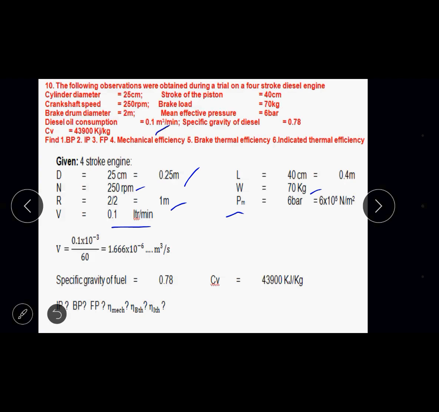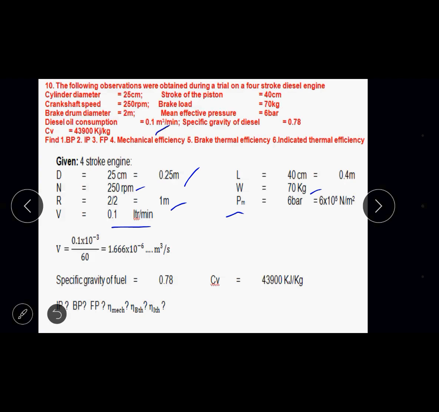In a cube the length, width, height remain the same. So if you take a cube of side 1 meter and want to find its volume, it is 1 into 1 into 1, which gives 1 meter cube. So the volume of the cubical tank is 1 meter cube, and it can store 1000 liters of water. From that you can find that 1 liter is equivalent to 1 by 1000, 10 power minus 3 meter cube.